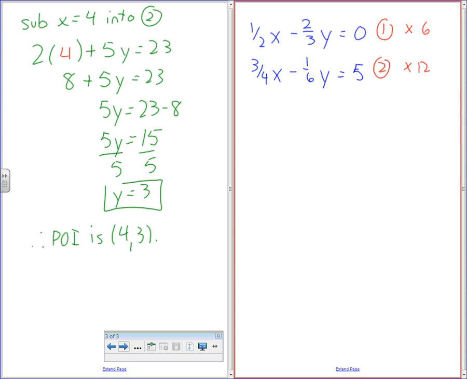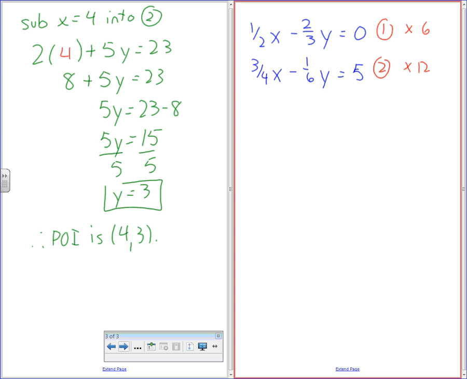Common denominator between all 4? No, just between each row. Just between each row, because you don't have to multiply by the same number, as these are separate equations, right? You're just bringing them together in the last step. So I just want to get an equivalent equation for the top row with no fractions, and another equivalent equation in the bottom row with no